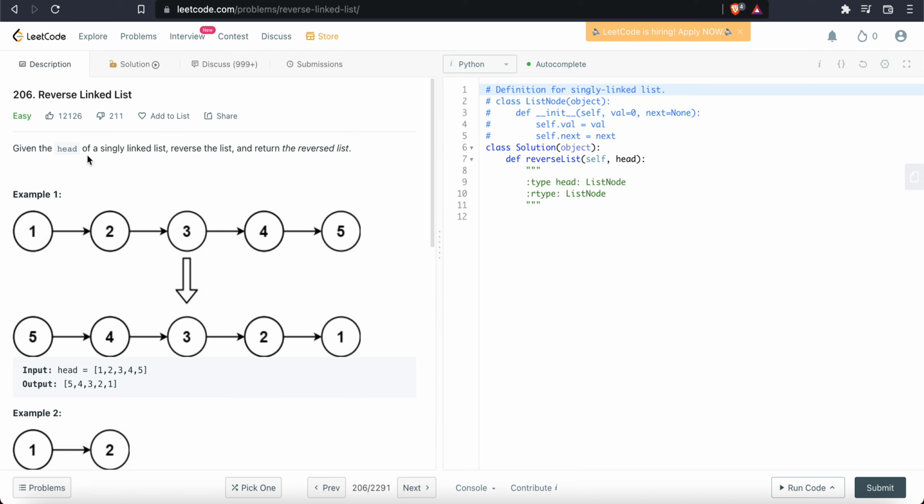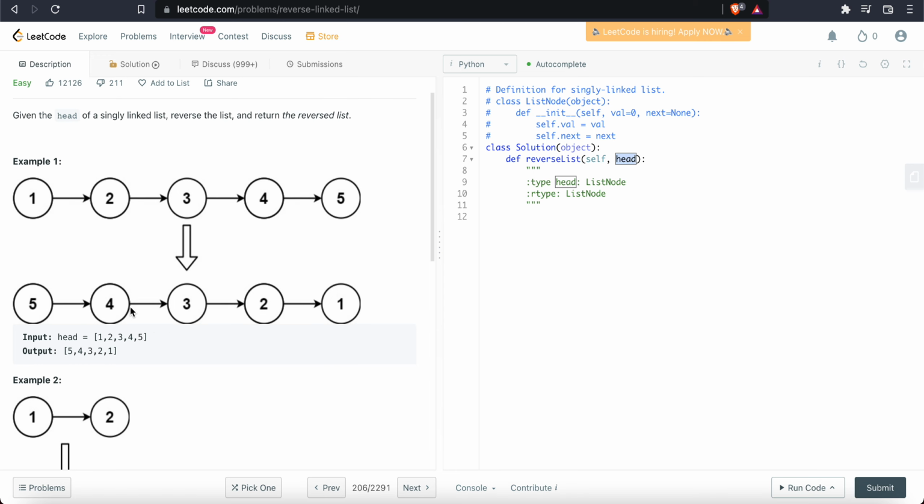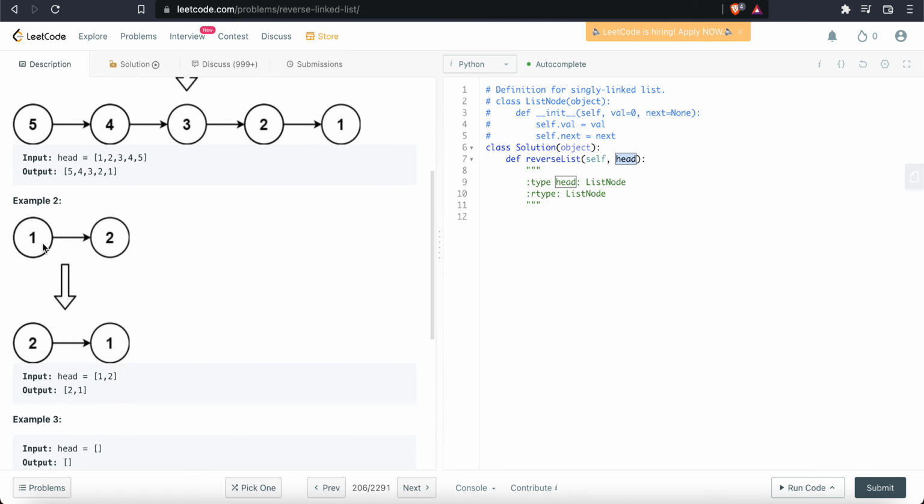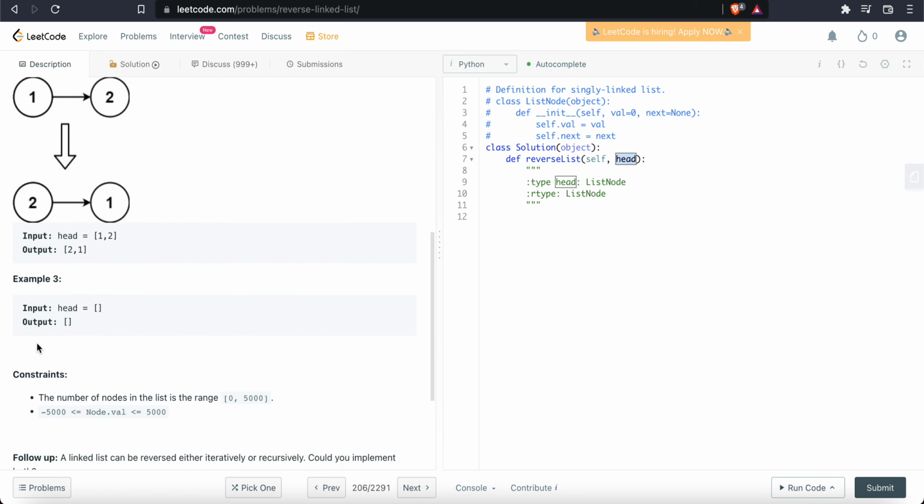Given the head of a singly linked list, reverse the list and return the reverse list. As we can see here, we're given the node. It's called head. So what we're given is an actual node, not the linked list itself. We're given a pointer towards the head, then it goes to node 2, 3, 4, 5, and then we return the reverse list. Here we can see the same thing, and if the input is none, then we will return